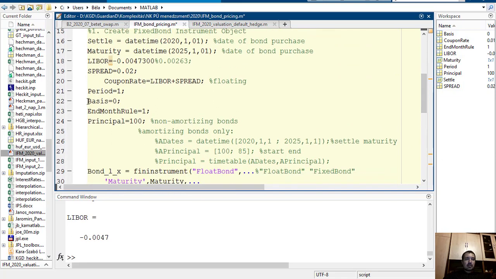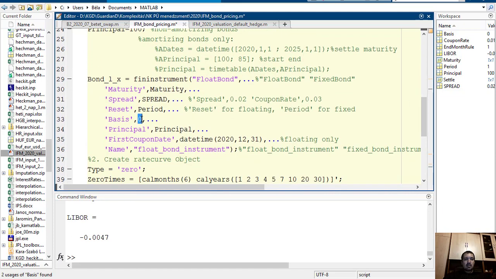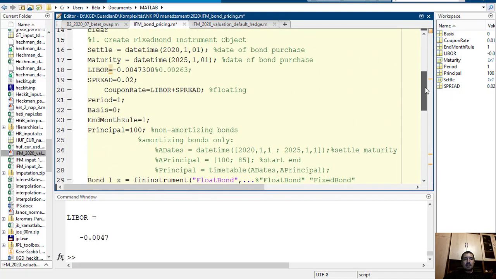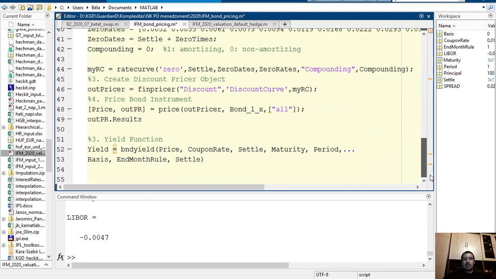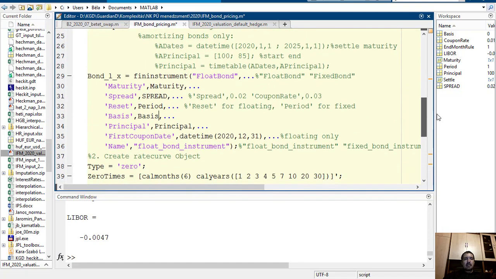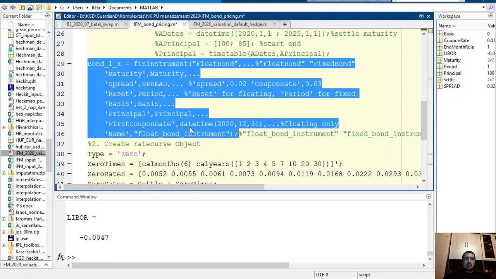Actually, basis. We don't want to change this so often. Principal, date time, first coupon date for floating. So we are defining this object,